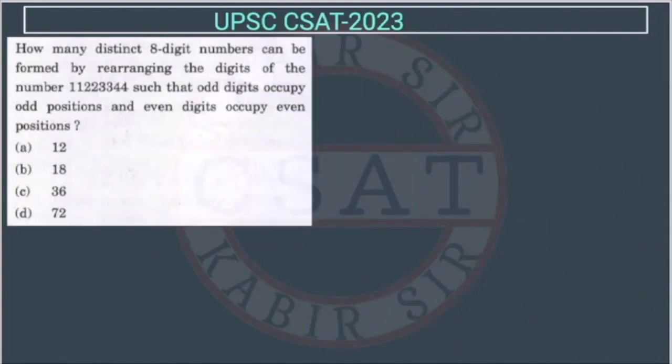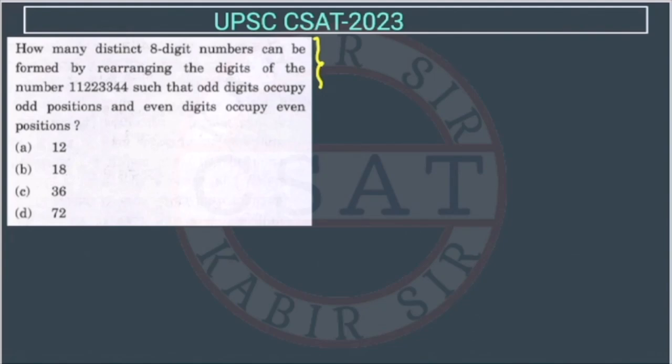Now let's see this question. This question is from permutation and combination, right. This kind of questions we did in our PYQ series, right. So many students who did our PYQ series were able to solve this question in the exam, right. So how many distinct 8-digit numbers can be formed by rearranging the digits of the number 1 1 2 2 3 3 4 4, such that the odd digits occupy odd positions